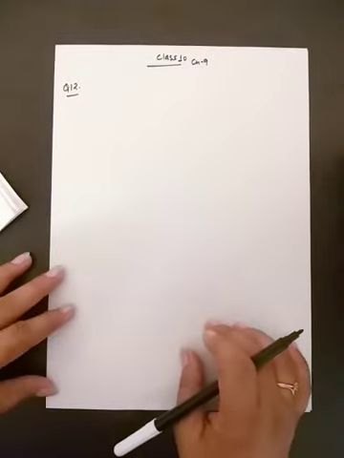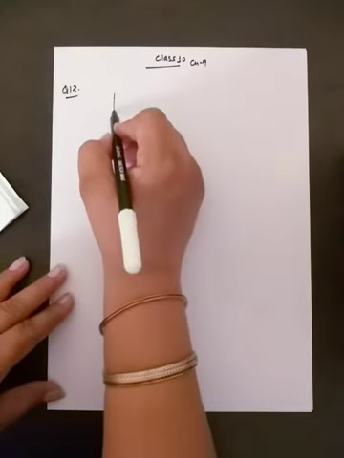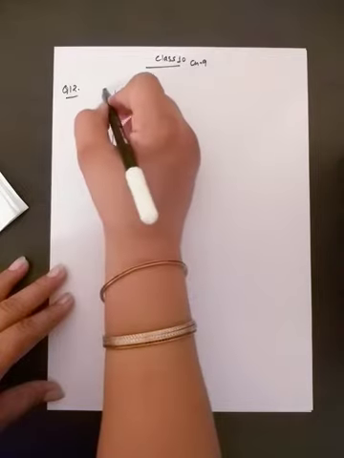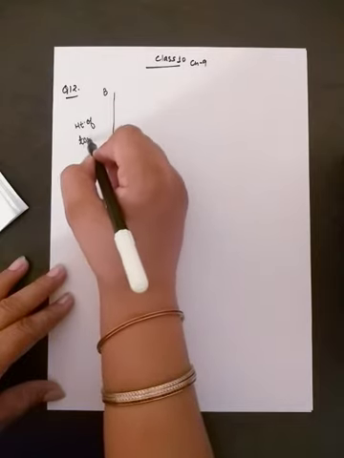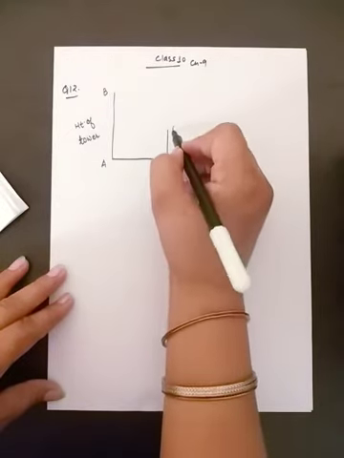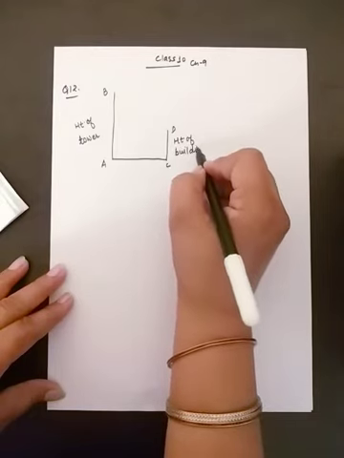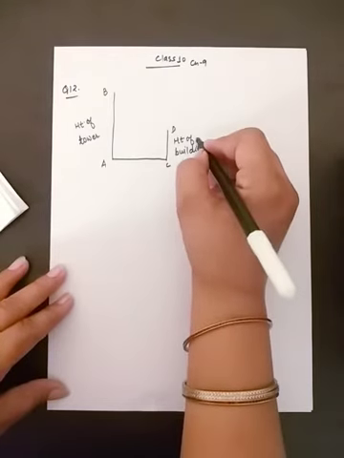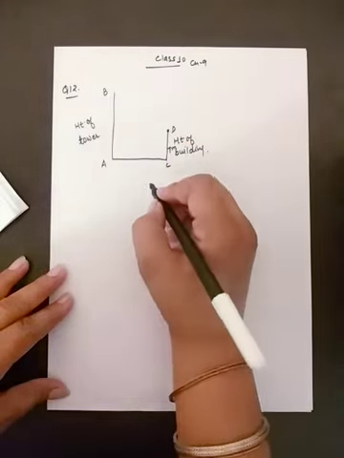So first of all, let us draw the figure. Let in figure AB be the height of the tower. This is A, B, and we are taking it as height of tower. And CD be the height of the building. Now we are given that the building is 7-meter high. So CD is given to us 7 meter.